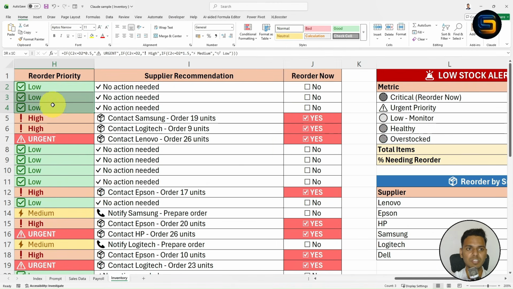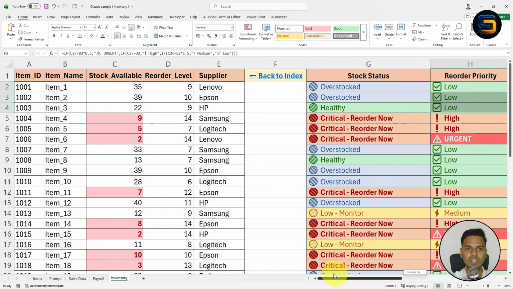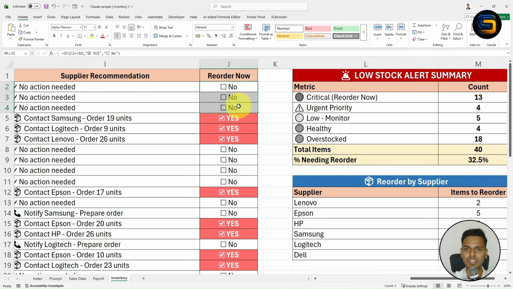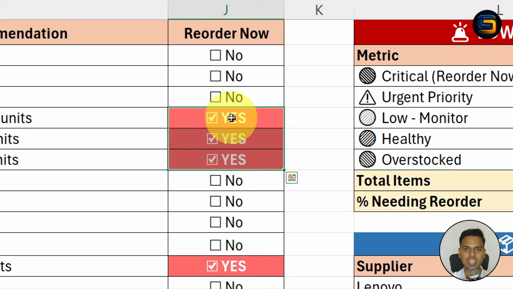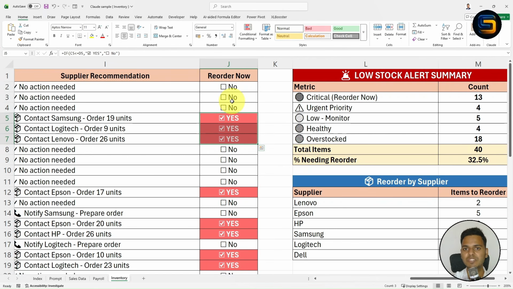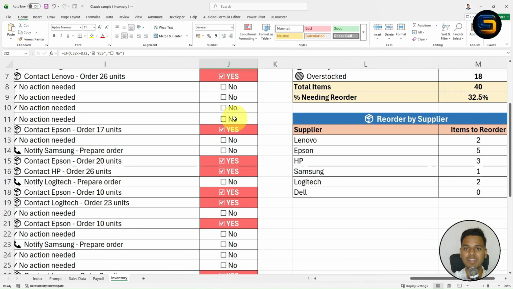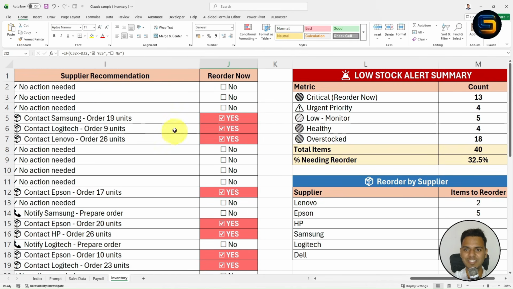As you can observe on the screen, the item should not be ordered. The first three items have plenty of stock. So basically it has told us not to order any item. For the next three items, the Cloud AI has given the tick mark, which means we need to reorder now. In the same way, you can find the reorder for other items. I hope you guys understood, right?